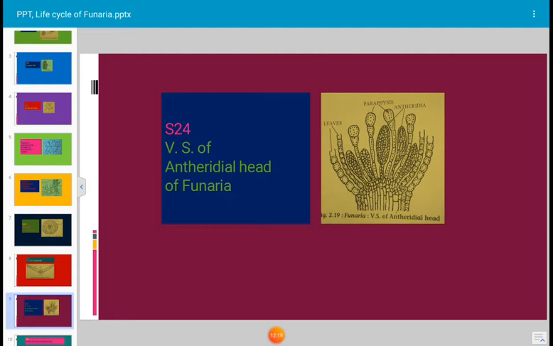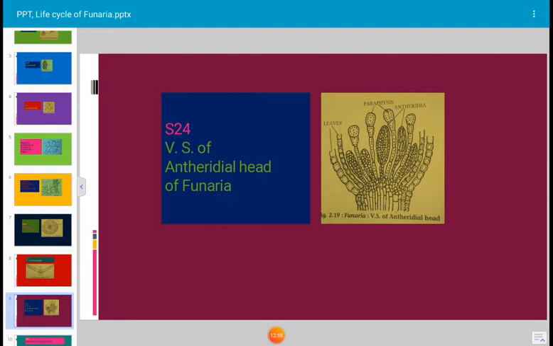The gametophore or the stem bears sex organs at its tip. The gamete-producing plant, or gametophyte, produces sex organs or male and female gametes at the tip of the plant. The male sex organs are called antheridia and the female sex organs are called archegonia. If both the sex organs are formed on the same plant, Funaria is monoecious, or autoecious. If the sex organs develop on different plants, Funaria is dioecious.